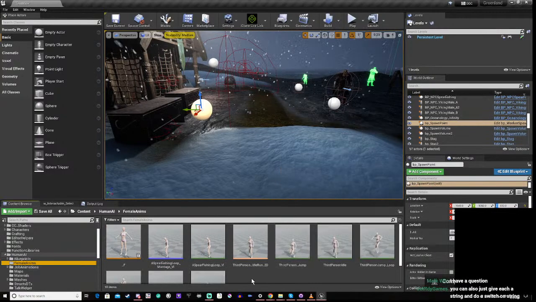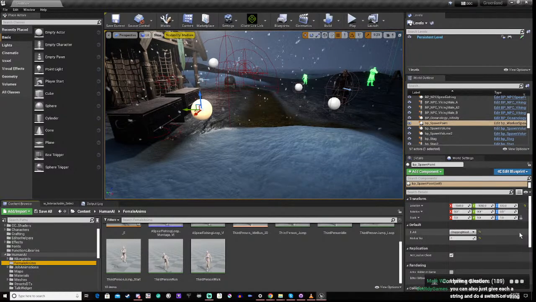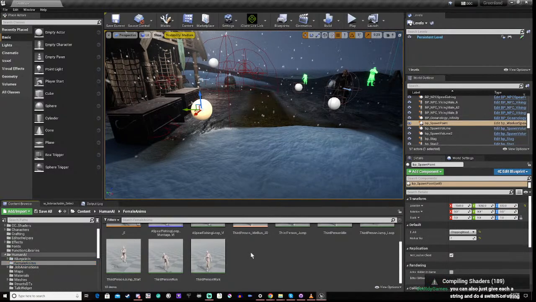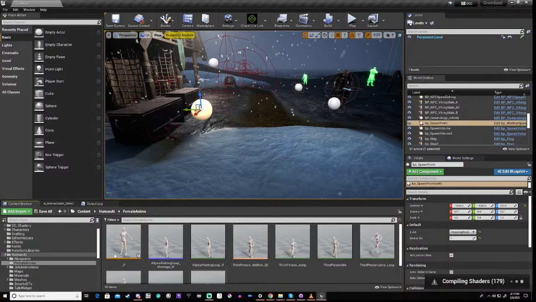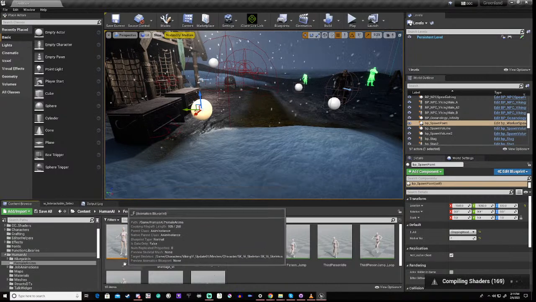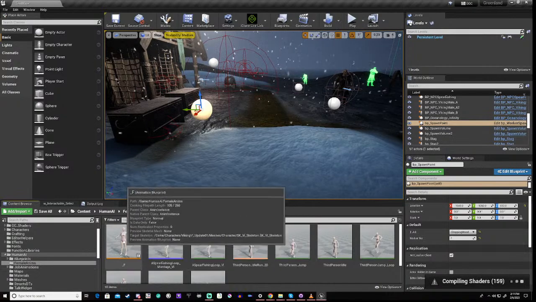Anyway, yeah, so these are our base location animations for her, right? This is the animation blueprint. Now, when I renamed this, it decided it was going to do its freaky wee